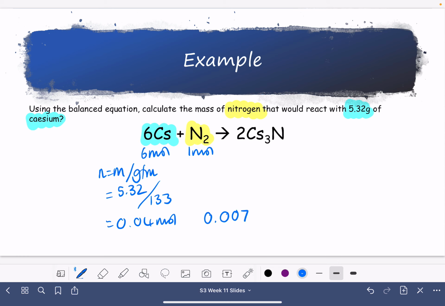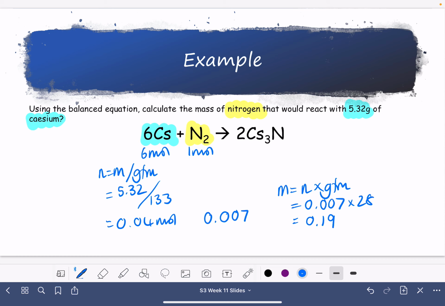0.007. Approximately, it's 666, but we'll just round it to one significant figure. So that will mean that the mass is equal to the number of moles times the gram formula mass. Number of moles is 0.007. Then multiply that by, remember nitrogen is N2, so that's going to be 28. So times 28 is approximately